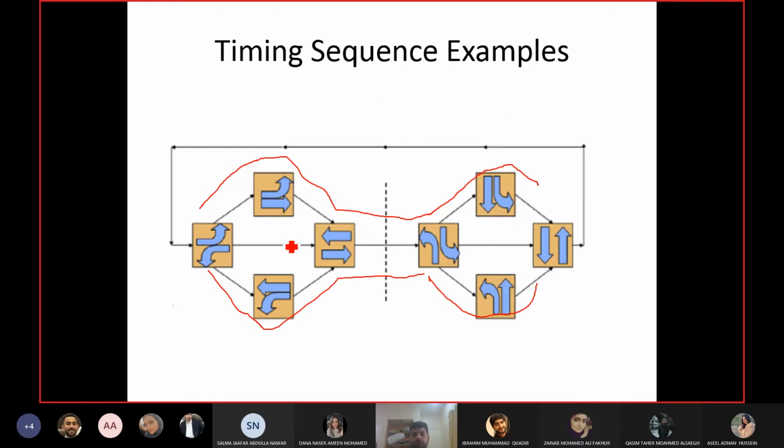The basic are 4, which can be completed horizontally, but if you want to extend any left turning into the next phase, then you may go up or down, depending upon which left turning you want to extend. As I said, this sequence is just an example. You want to try something else, go ahead. The only thing is that you must complete all the 8 protected movements safely.